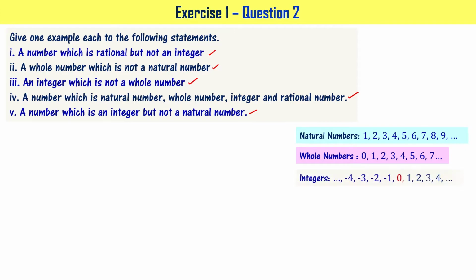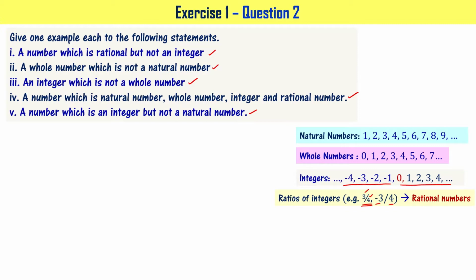And integers have negative numbers also along with 0, 1, 2, 3, 4, 5, 6, 7, 8 and so on. The minus 1, minus 2, minus 3, minus 4 and so on are also there, right? These are called integers. Now the rational numbers are the ratio of integers. We have already said that. When you say ratio of integers, you have two integers 3 and 4. Their ratio is a rational number. Minus 3 and minus 4 are two integers. Their ratio is a rational number, right?